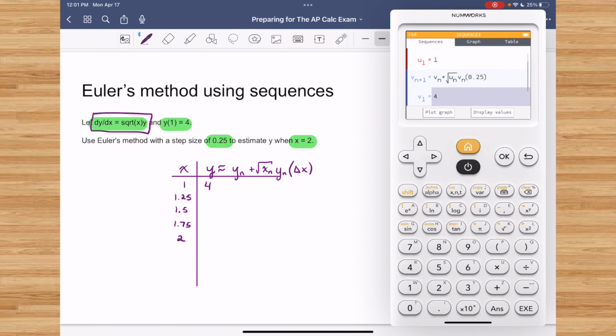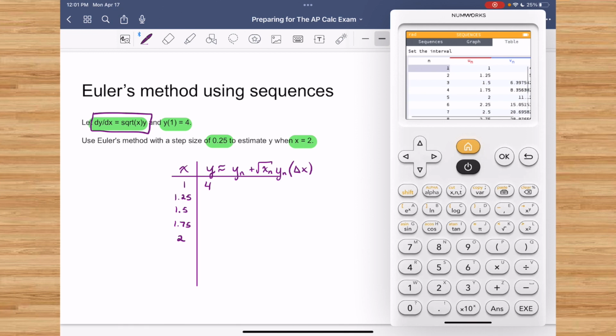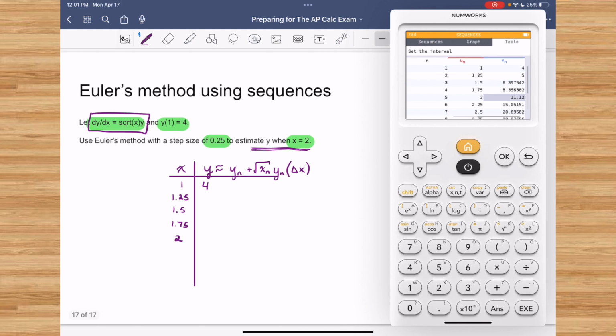So now I have a sequence that represents both my x and my y values. I'm going to navigate down to display values, and I don't really care about all my y values, but what I do care about is that when x is 2, I'm interested in the estimate of the y values. So here the estimate of the y values when x is 2 is